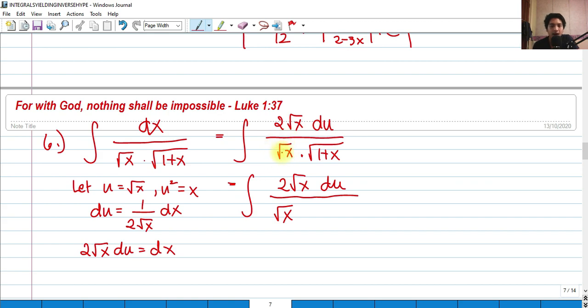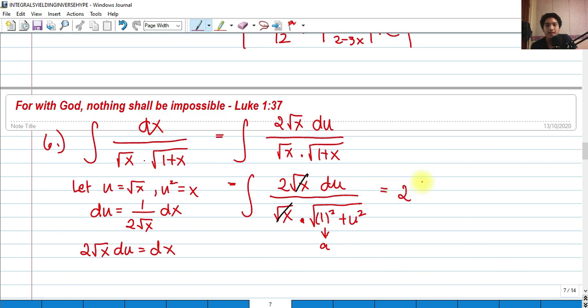I did not substitute u here because we can cancel it. So what will happen is that we have square root of 1 squared, that would be our value of a, plus we have u squared, which is the value of x. So this would be cancelled out, so that we are left with